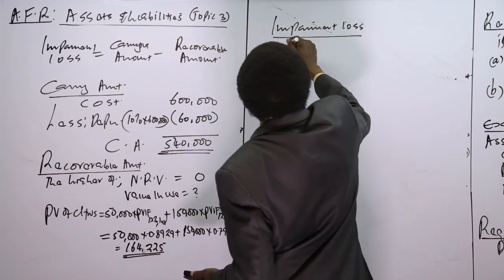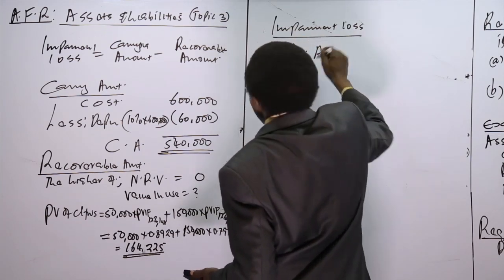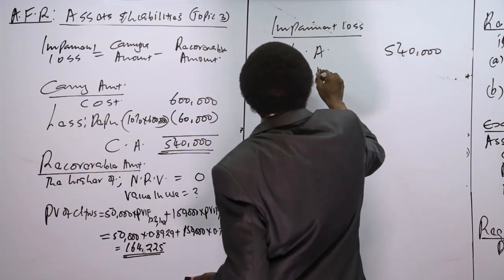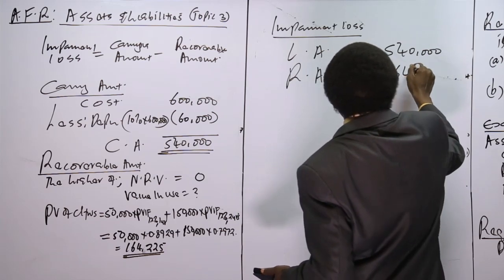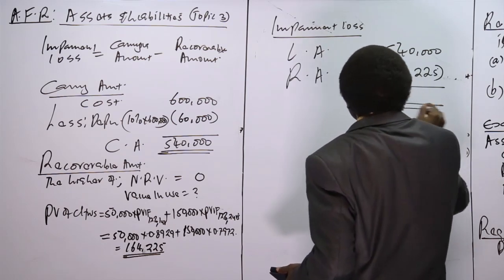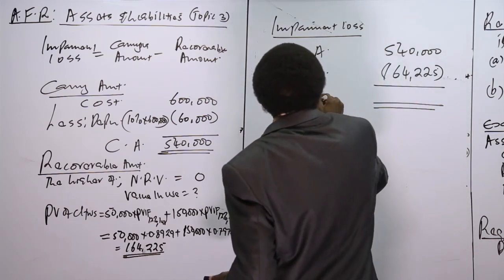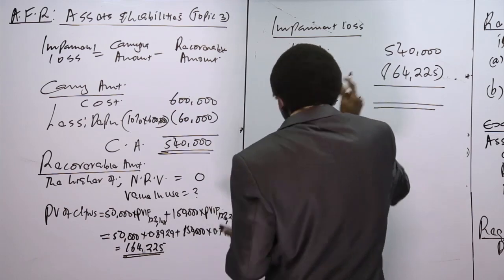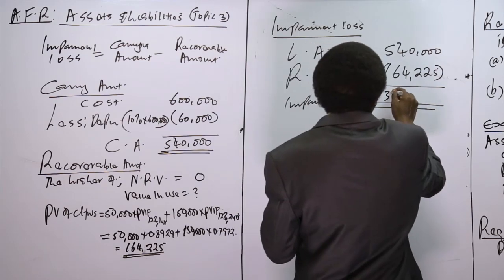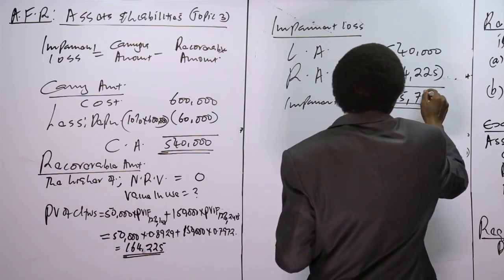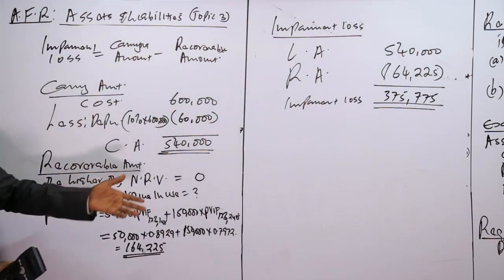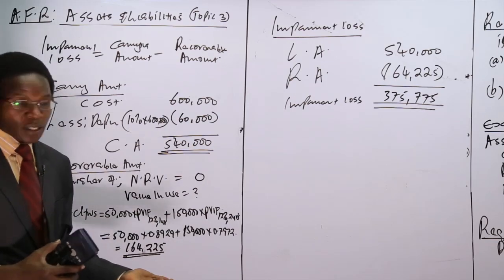We have the carrying amount, which is 540,000. We have the recoverable amount, which is 164,225. Then we have an impairment loss. The impairment loss of how much? There is an impairment loss of 375,775. So that is a simple illustration to show how to determine the value in use, because we have